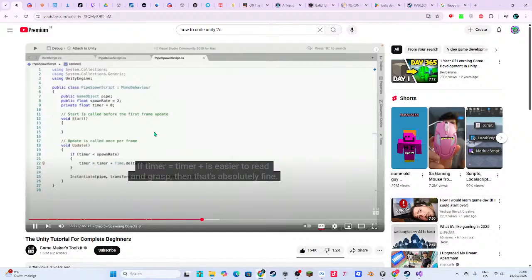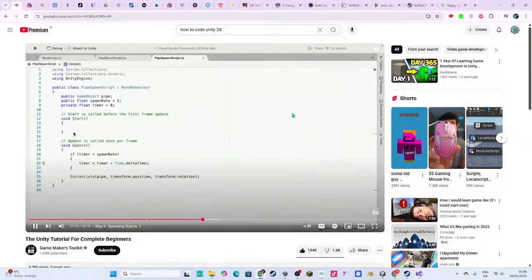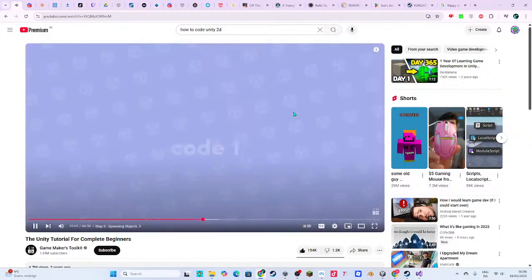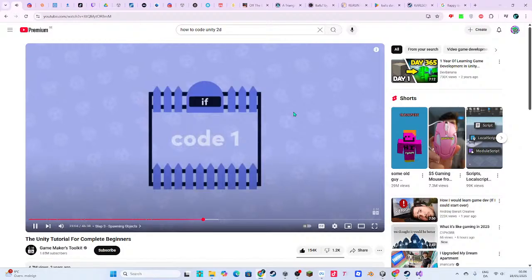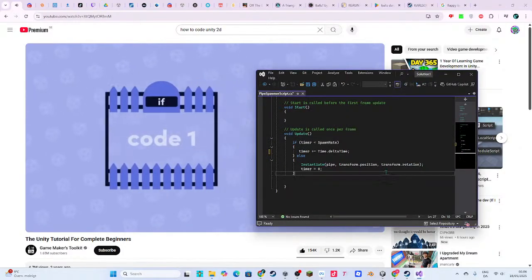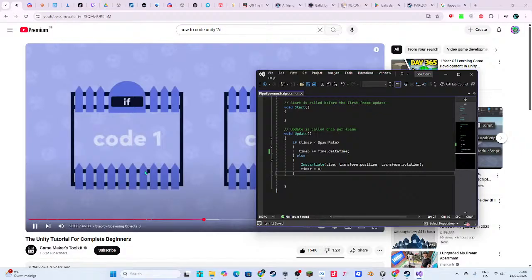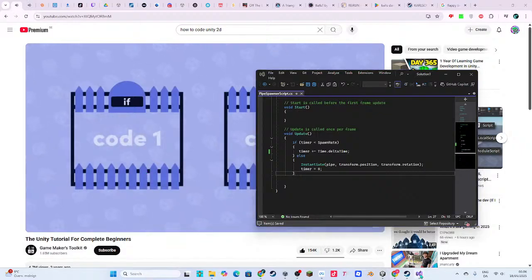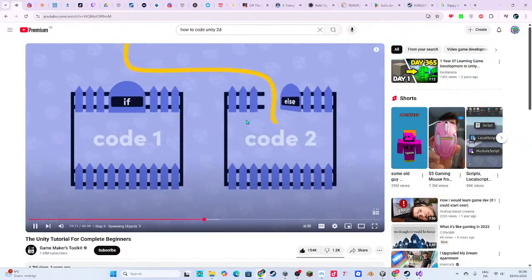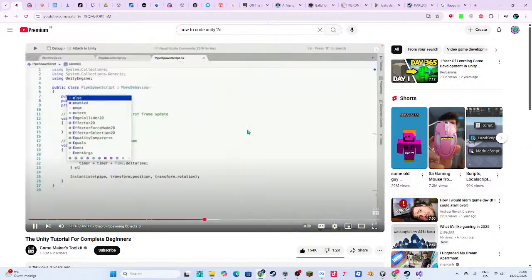If timer equals timer plus is easier to read and grasp, then that's absolutely fine. You can always swap to the other version in the future when you feel more confident. Now, before I said an if statement is like a gate, and we can add another gate to the side of it with else. This means if the condition isn't met, then skip the code and do the code in else instead. So we'll put the spawn code in here.